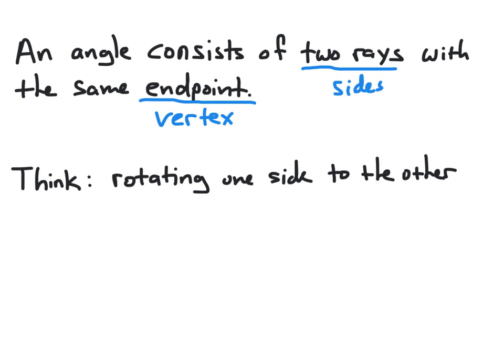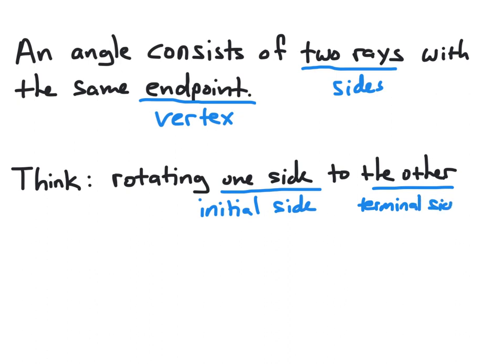The best way to think about an angle in most of the contexts that we're going to be working in is as a rotation from one side of the angle to the other. That first side is going to be called the initial side of the angle, and when we rotate it to the other side, that other side will be called the terminal side. So in our context, angles will have a starting point and an ending point, going from the initial side to